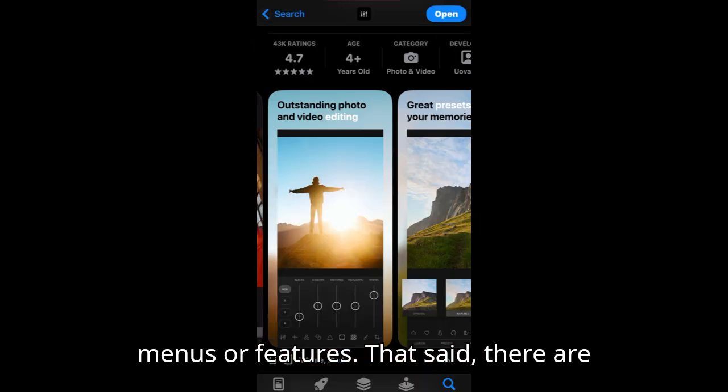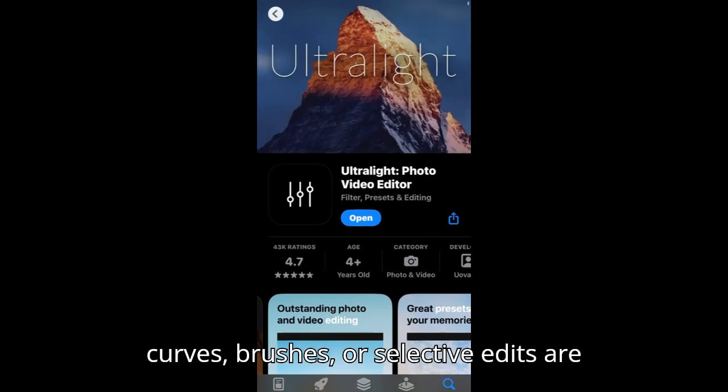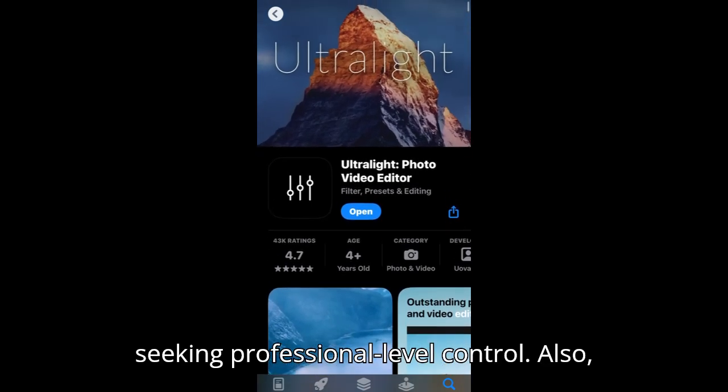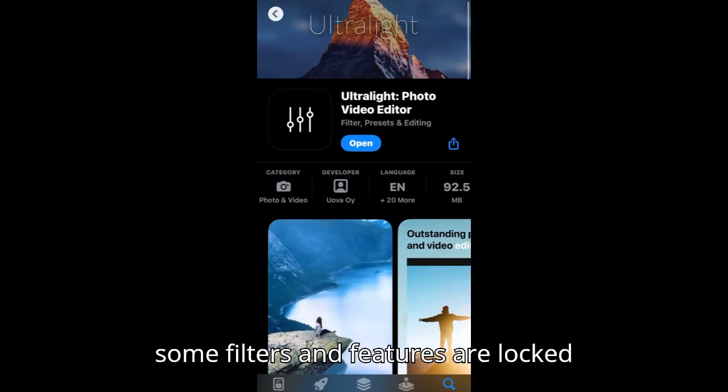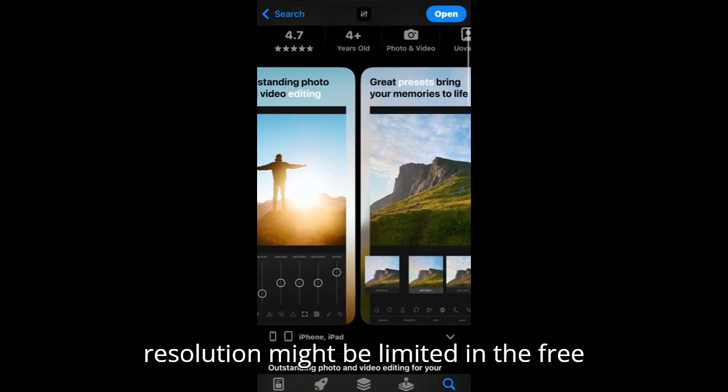That said, there are some limitations. Advanced features like curves, brushes, or selective edits are missing, which may disappoint users seeking professional-level control. Also, some filters and features are locked behind a paywall, and the export resolution might be limited in the free